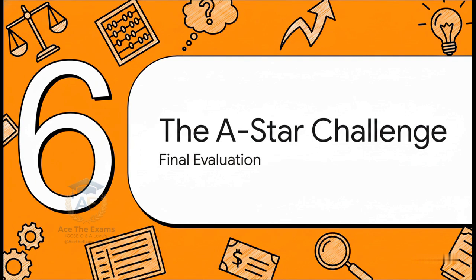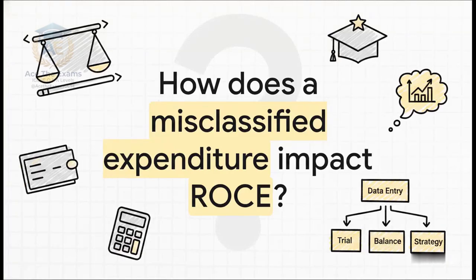And finally, we arrive at Section 6, the A-star challenge. It's time to put all of this together and leave you with a high-level conceptual test to really prime your mind before you hit the books. Subject Specialist, here is your pause and think challenge. How does a single misclassified capital expenditure impact both your T account balancing and your final return on capital employed, your ROCE evaluation? Senior Examiner,